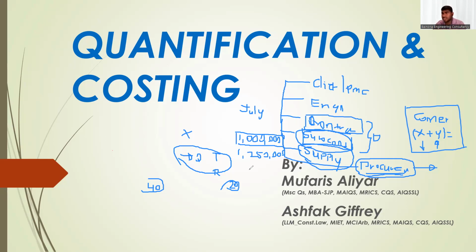So as a QS, as a cost controller, as a commercial manager, you have to go back to the payment and check again. Maybe there is an overclaim from the subcontractor. Maybe there is material he didn't deliver and he is asking for a claim. Maybe there is material he delivered which is defective and not inspected. So there should be so many issues, so you have to go back and check. It is also a kind of cost control. Okay, it is not entirely cost control. It is one part of the cost control.